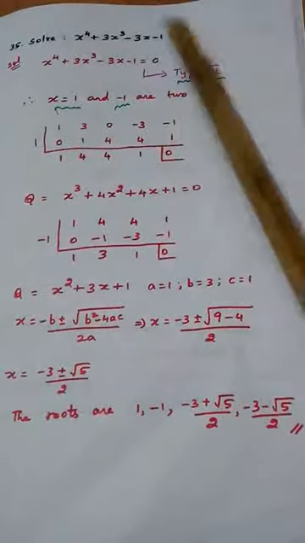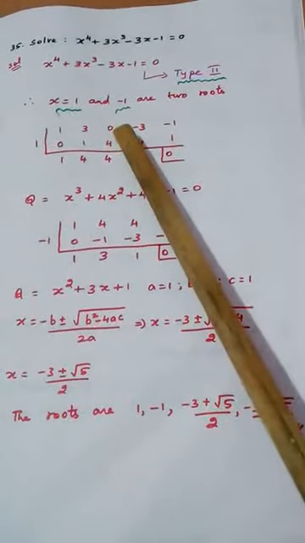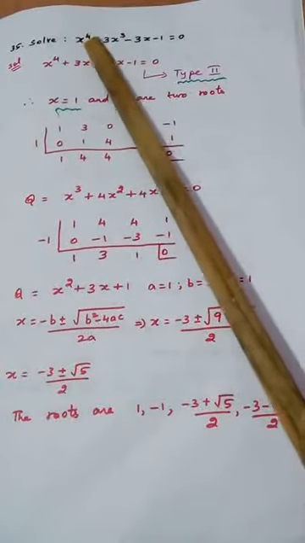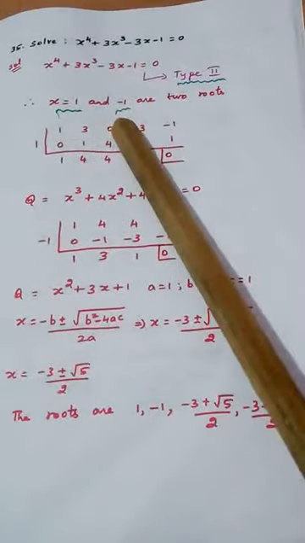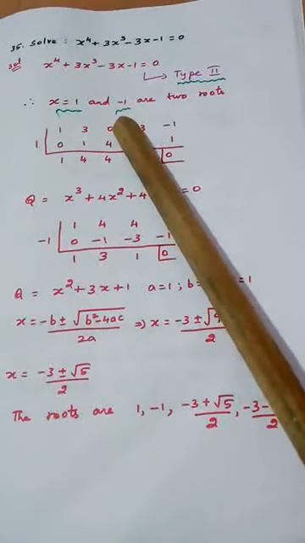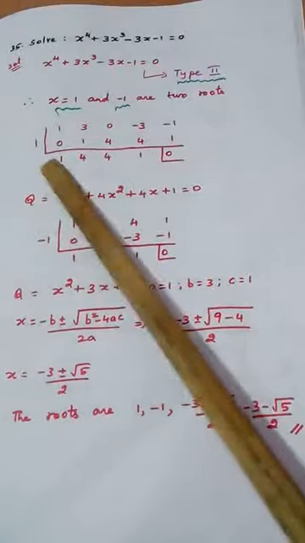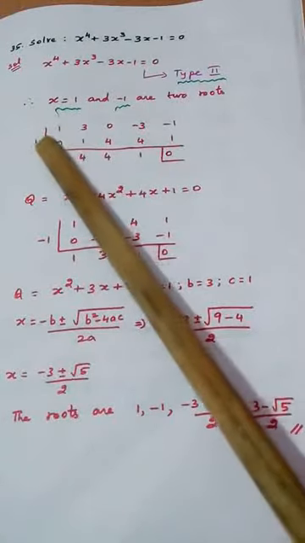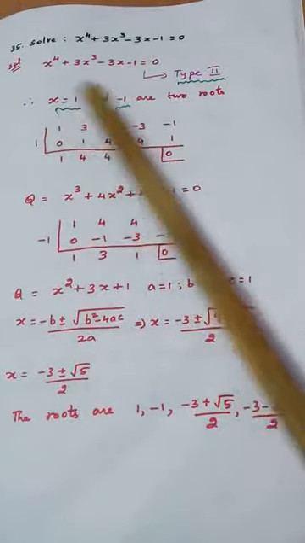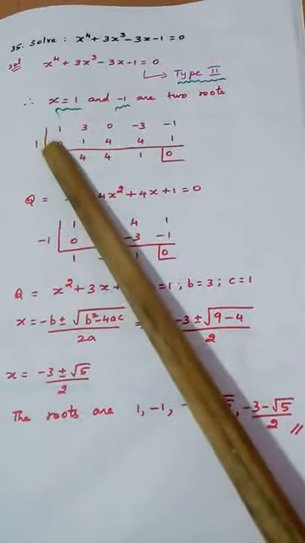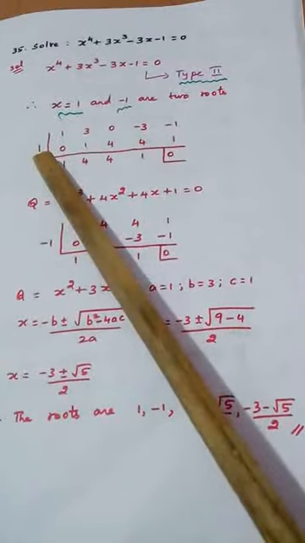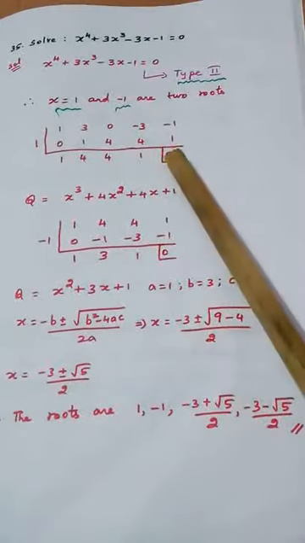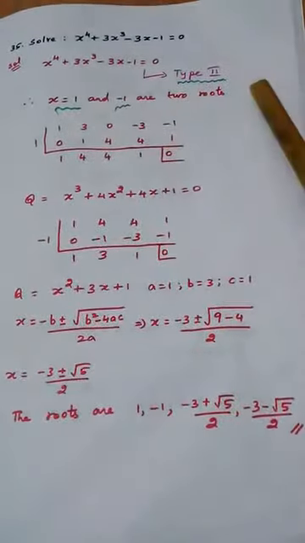Write all the coefficients here. I am putting 0, watch carefully, because power 4, power 3 and no square term is there, so put 0. Try to understand. Since we know two roots, 1 and minus 1, first do the synthetic division using 1. Even you can start with minus 1 also. Do it with 1. Get like this. Remainder definitely will become 0 because they are roots.